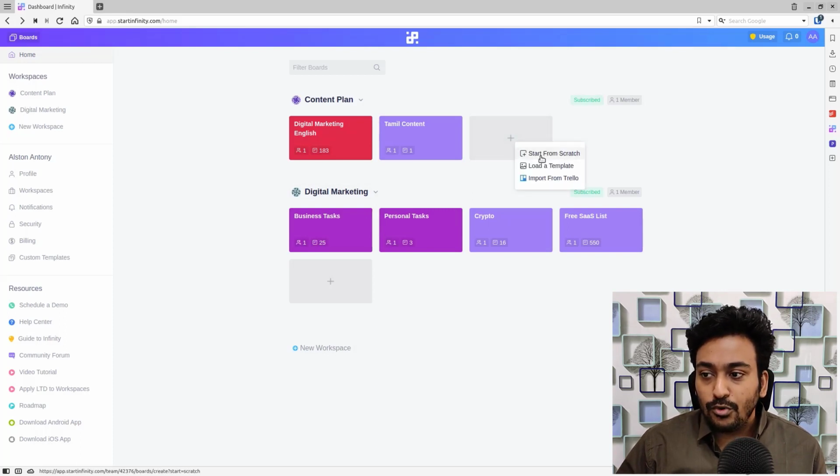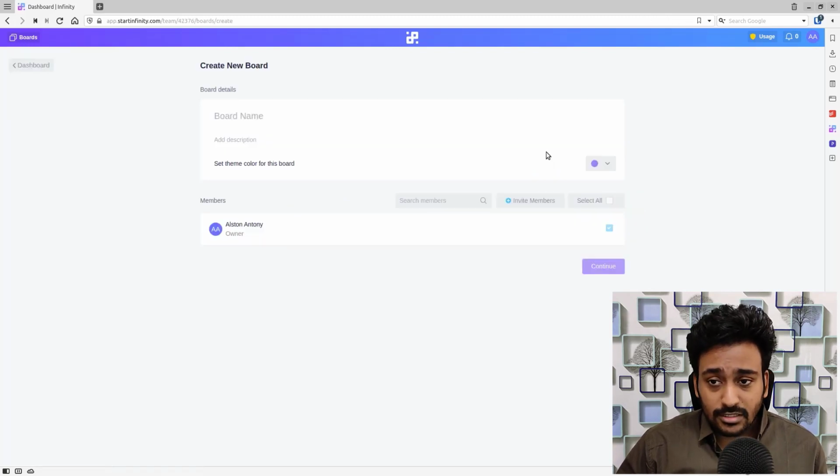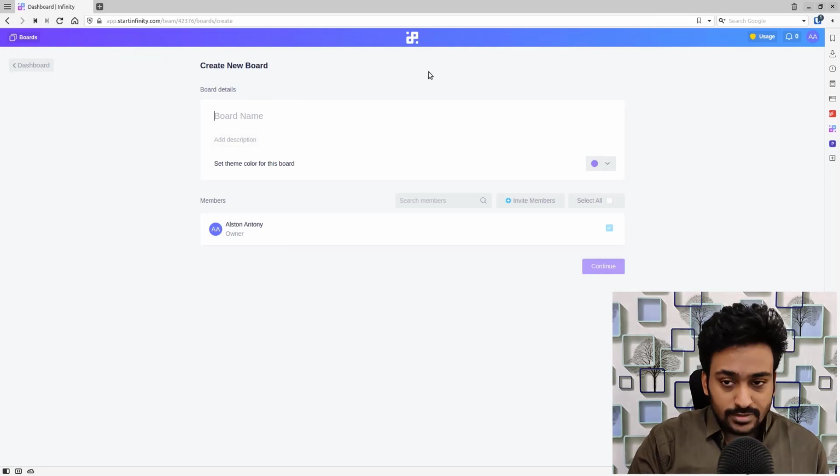First, let me go through starting from scratch. We also have load from template and import from Trello. I will show you the template, but first let us look at the scratch option. When you create a new board, you just need to give it a name, for example, test demo for video,